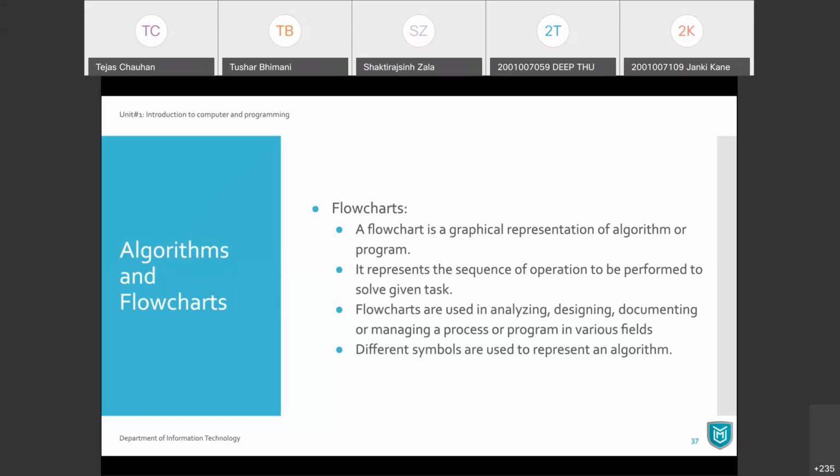And flowchart creation is involved in the analysis phase. We have already discussed this. When we go for any kind of analysis, we either go for algorithm or flowchart or both, right? So when you are analyzing something, you draw your flowchart that first I'm going to do this, then arrow, second I'm going to do this, arrow, third I'm going to do this, and so on. And at that place, you can have an if condition easily. If this condition is true, go to the left side or go to the right side. So branching will be easy to represent here.